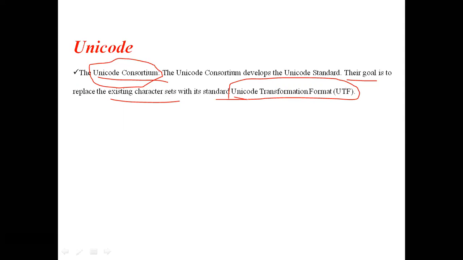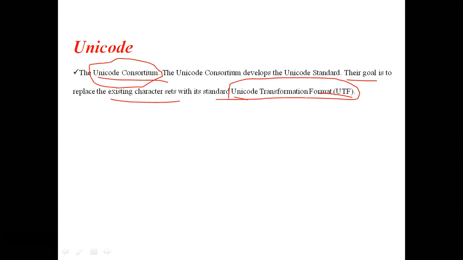Their aim is that the regular characters are transferred into some format which is accepted by the entire universe. That means universally accepted characters.